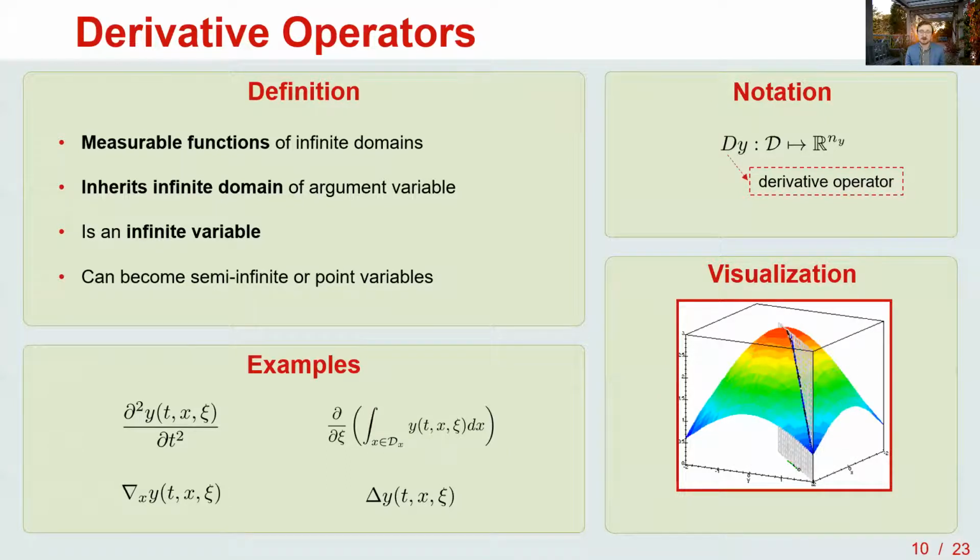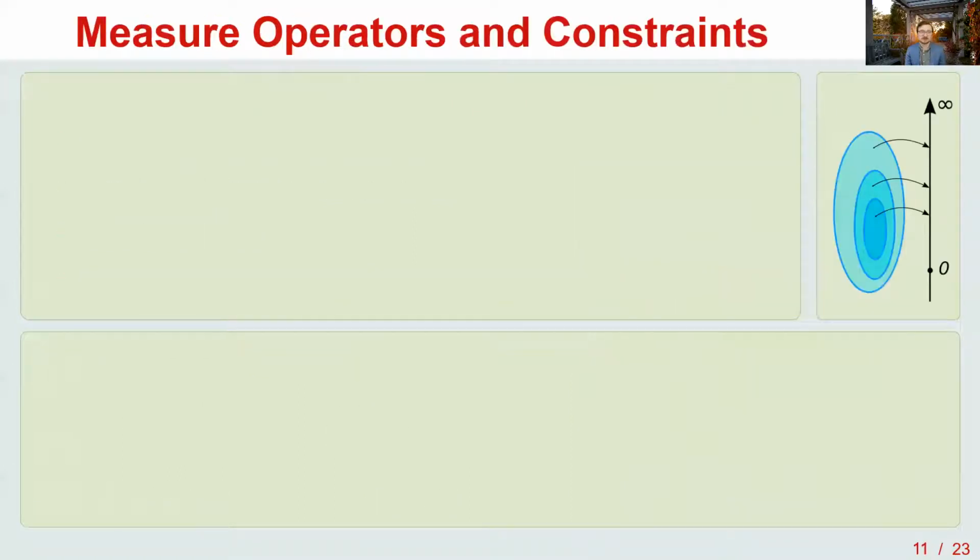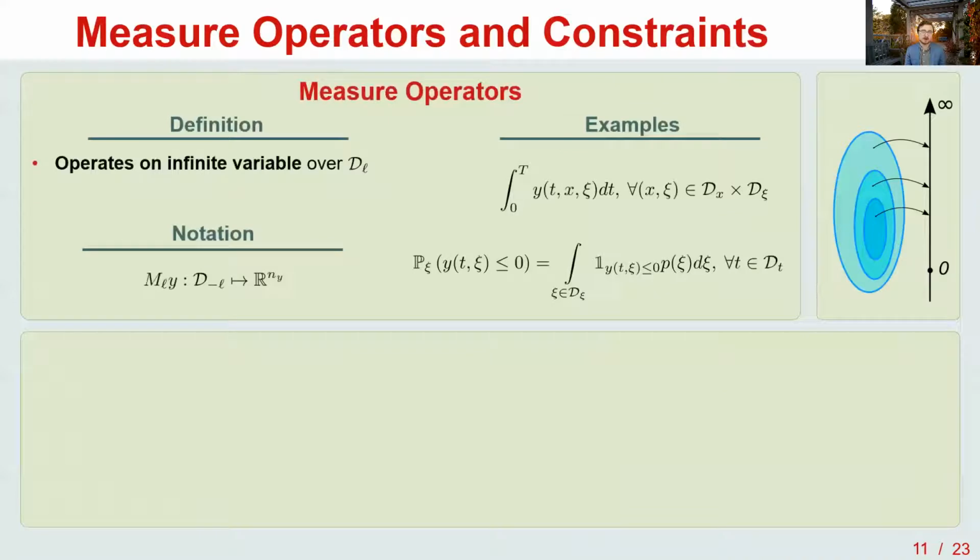We could think of the Laplace operator. We could think of taking the derivative with respect to an uncertain parameter of an integral. We could start to come up with all kinds of different things we might wish to employ. From there, we can start to think about measures, where a measure is an operator that operates on a particular variable or expression, and it's going to operate over a particular infinite domain and evaluate over that domain, removing that dependency. So we could think of, for example, an integral over the time domain, or like a probability over a